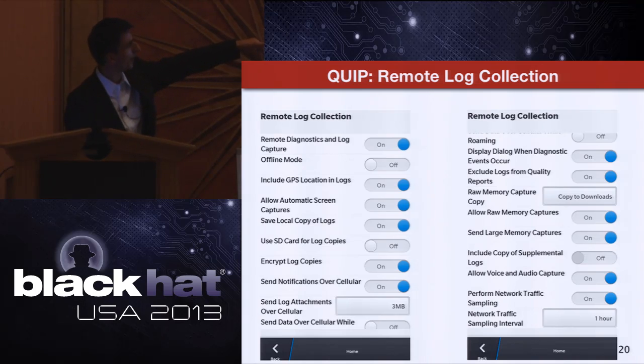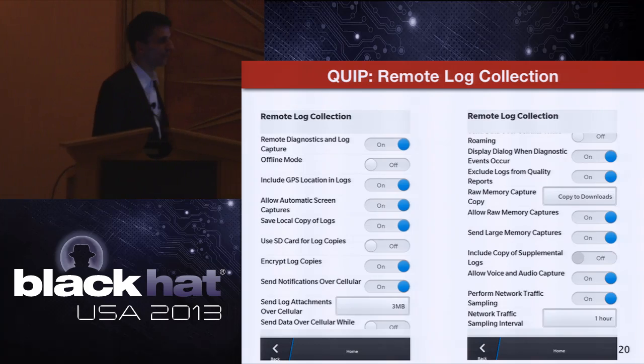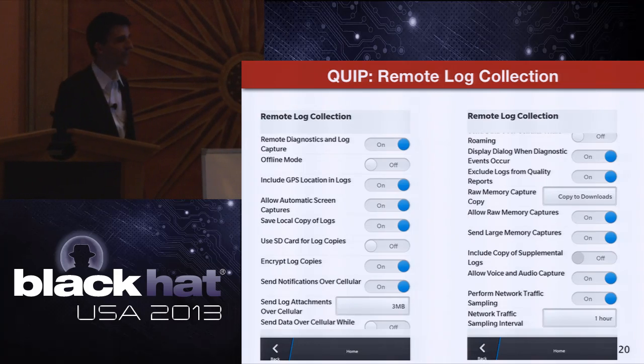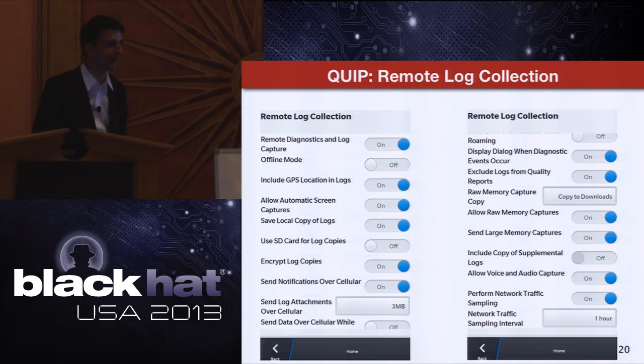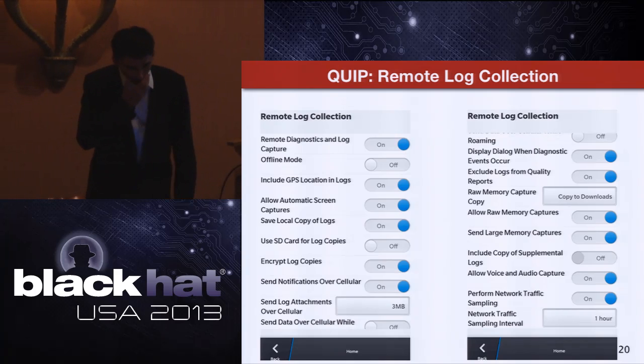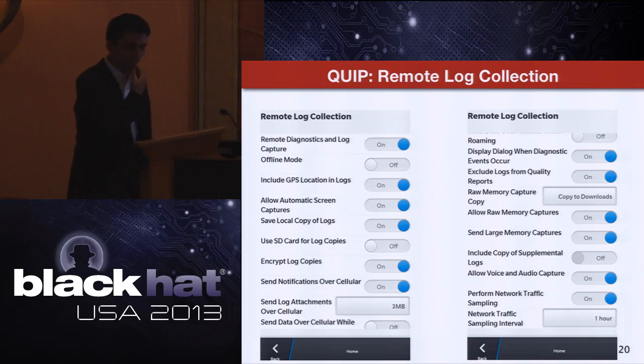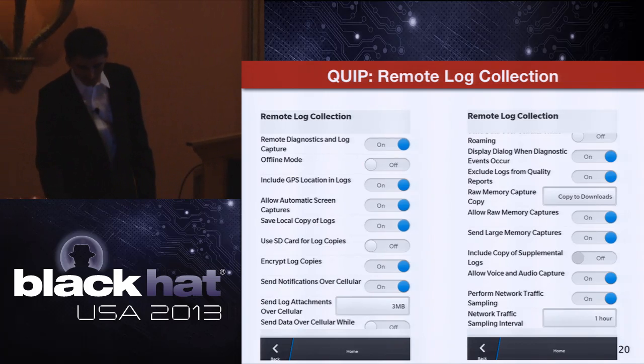You can have raw memory captures. You can capture voice and audio, and this sampling of network traffic is actually running tcpdump for an hour and then sending it back to RIM. I was not amused at that time. Now, however,